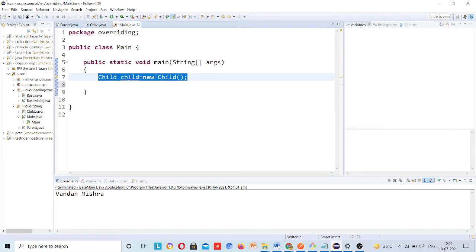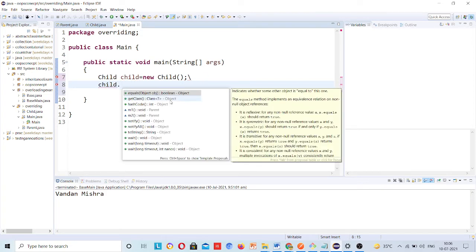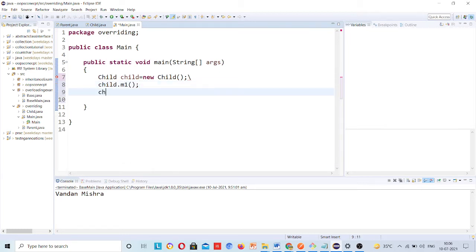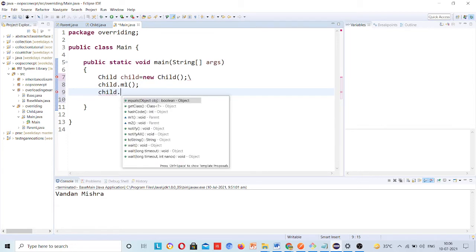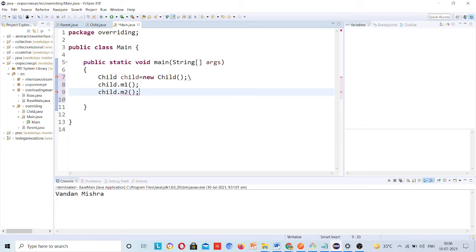In the last session I told you about inheritance: child dot, since you have not written any method, still it is suggesting these methods you are able to call, because m1 and m2 are coming through the parent. So you have created the object for the child class, still you are able to call them just because of inheritance. So child dot m1 and then child dot m2.